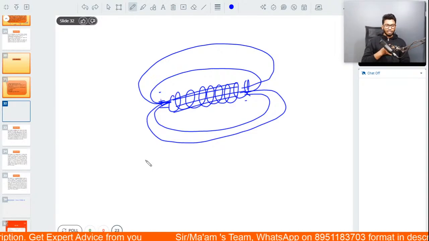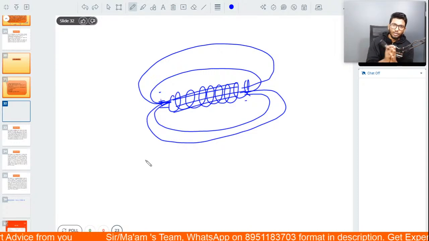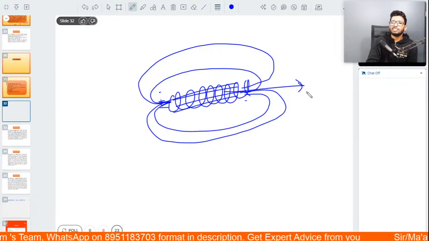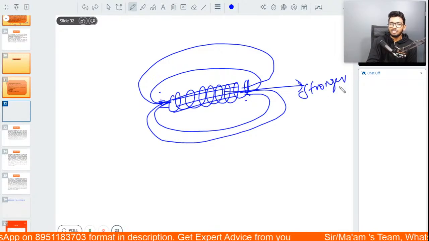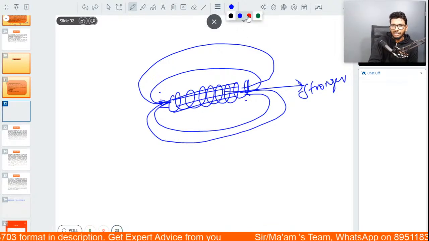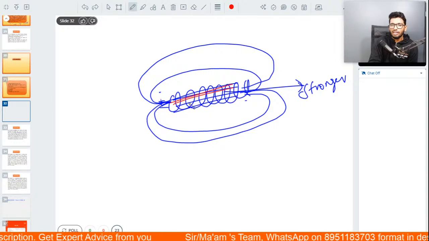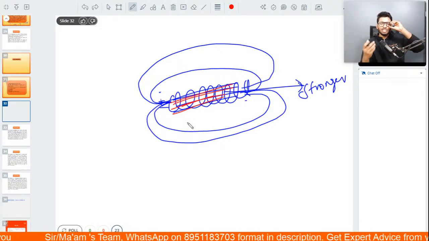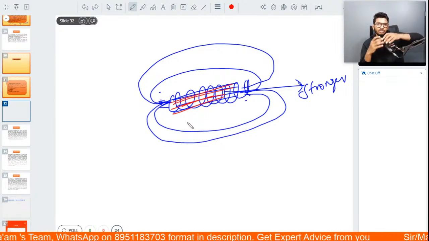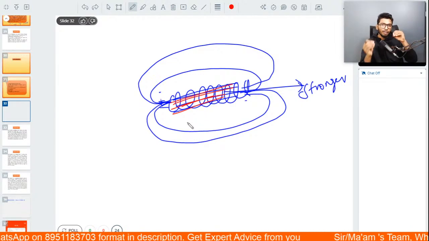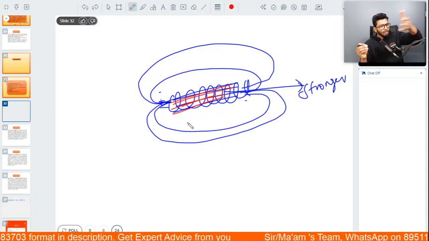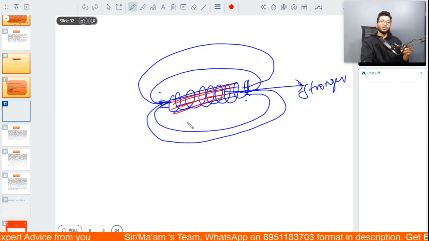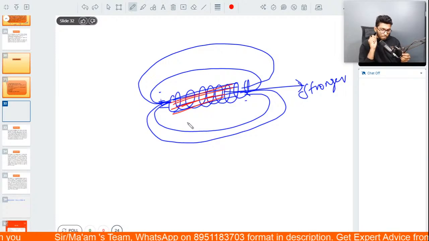Now, again, it is kind of divided. If you ask me, just by looking at the magnetic field lines, you can say that the magnetic field inside is a lot stronger, because if you look at the magnetic field lines inside the solenoid, they are very, very close to each other. And you guys know that the degree of closeness of magnetic field lines shows how strong the magnetic field in that region is, right? We've studied that. So it obviously makes sense to say that inside the solenoid is the correct answer. But then,